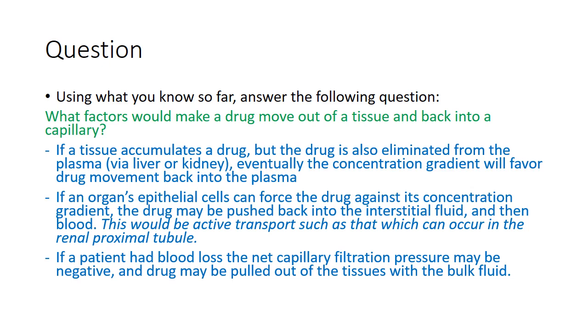Remember, normally it's positive, but the net filtration pressure might be negative because one of the major forces in that equation is the hydrostatic pressure. If the hydrostatic pressure in the capillaries is lower than the hydrostatic pressure in the interstitial tissue, we'll have fluid recall, or draw fluid back into the blood, and the drug will go with that, right? Because part of the driving force for the drug movement is just the bulk fluid that it's dissolved in. So those are the three main ones I could think of, and you might have some other ones on your own,